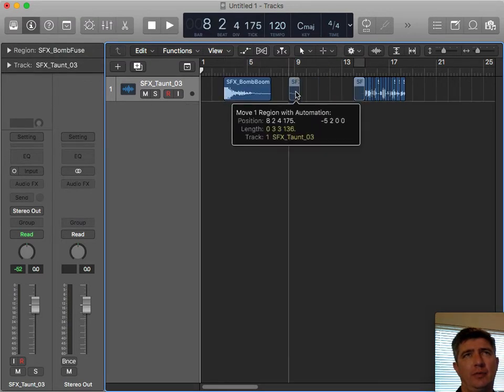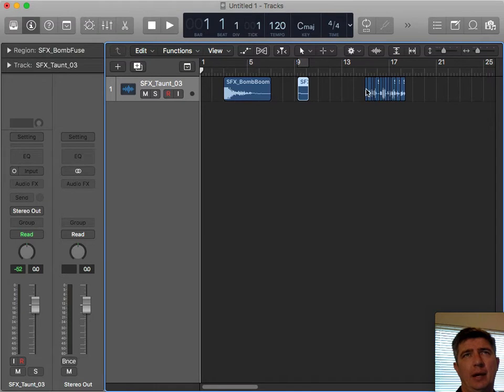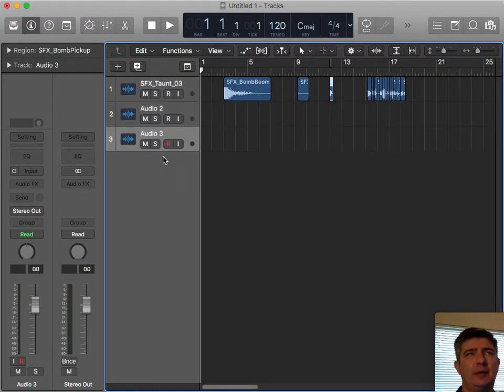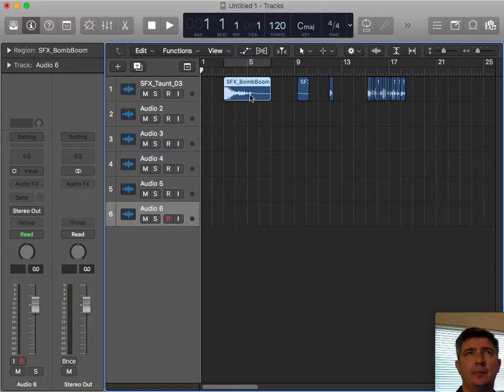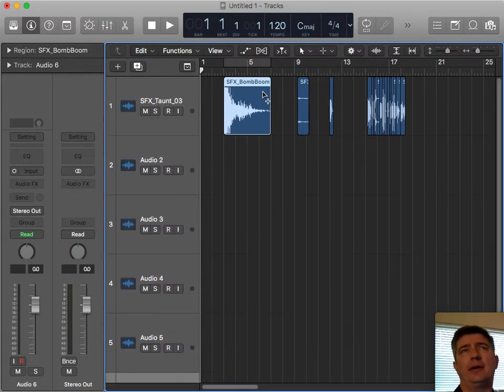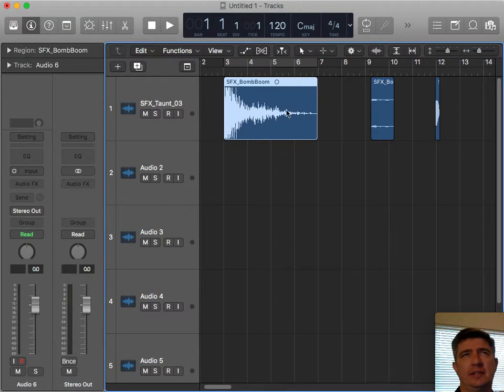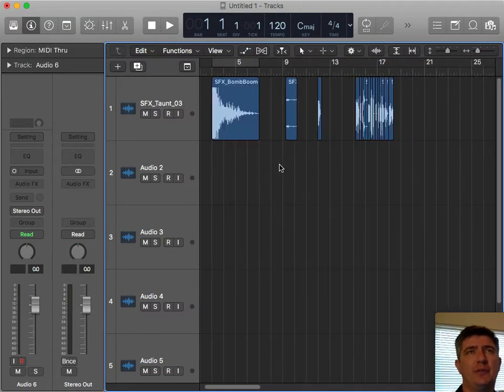I'm not going to have you watch me do that, but make a little room in between them, and then create a whole bunch of tracks down below. I typically create 4 or 5 tracks, and then you'll build your sound design directly below this. So you can use the original files as reference. What do they sound like? What is the waveform like? How long is the file? How loud is the file? What does it do? What's the overall decay and shape of it? And then build your own versions.